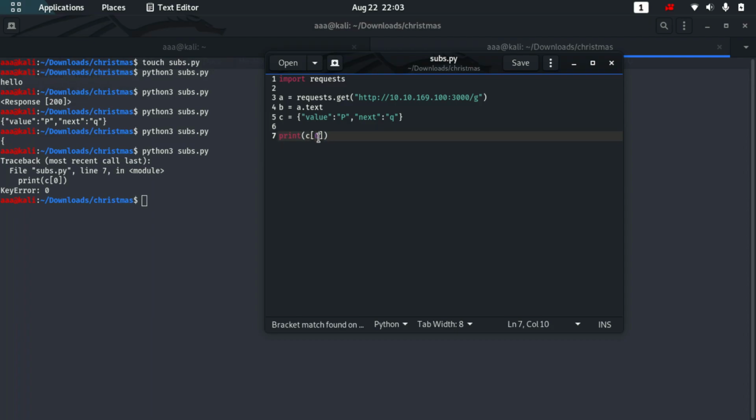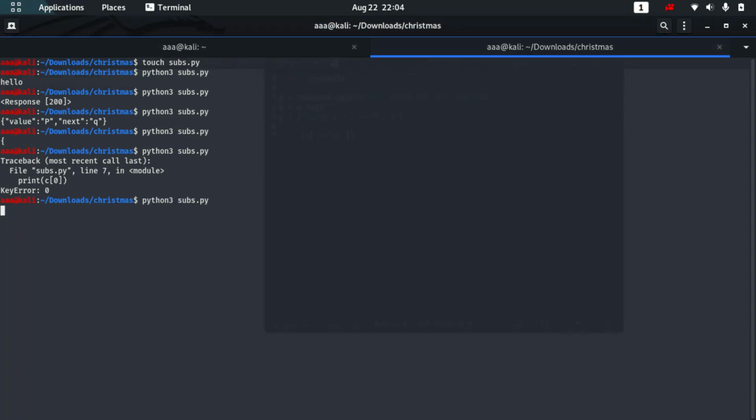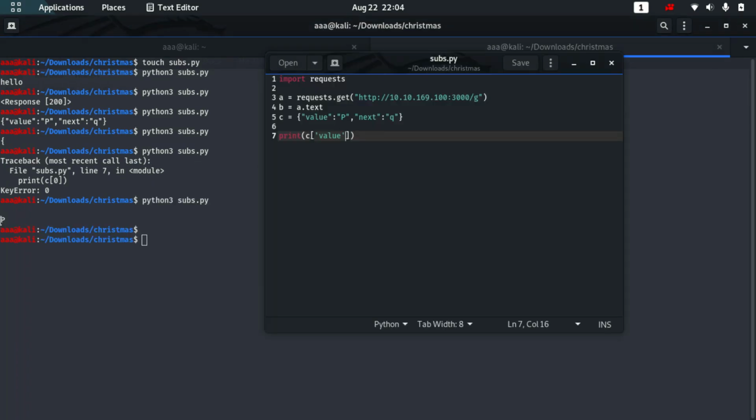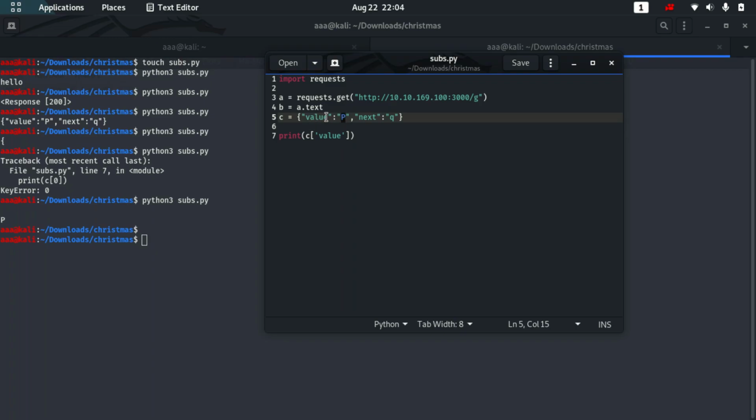But now when I print C and I put values, see, it gave me P. It gave me P because this is how it has been accessed. In a list, the 0 element is the first element, but it's not like this in a dictionary. In a dictionary this value is being assigned to p and this next is assigned to q.